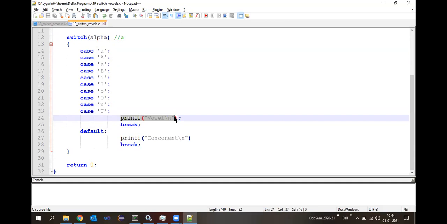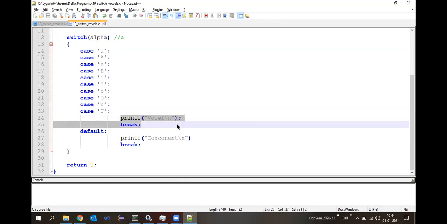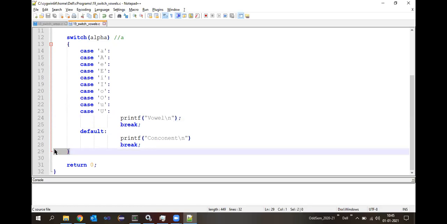What is that? Vowel. So it will print out the vowel, and then there is a break. Break means it will skip the further execution and come out of the switch. That means the expected result is correct here since I entered a lowercase a. So a match is found and vowel is displayed.